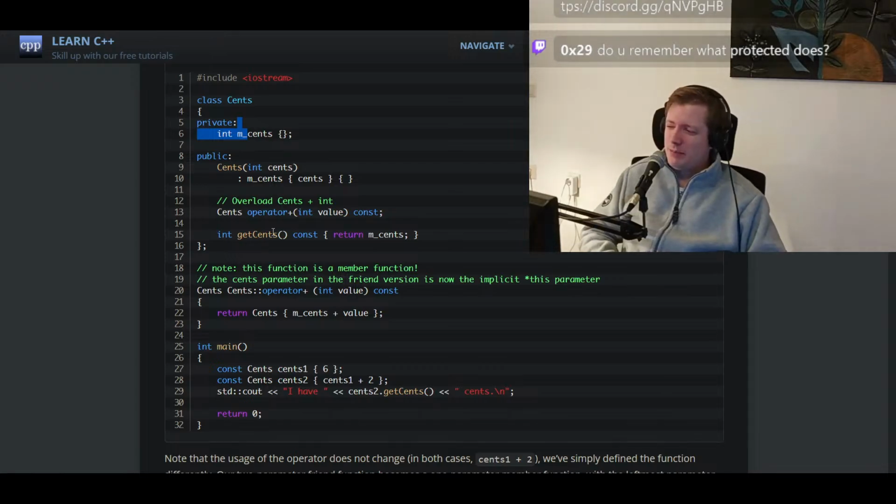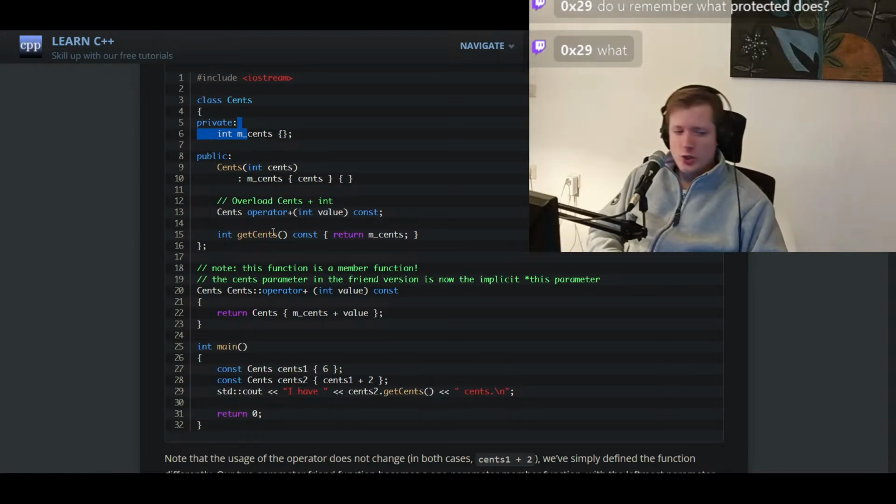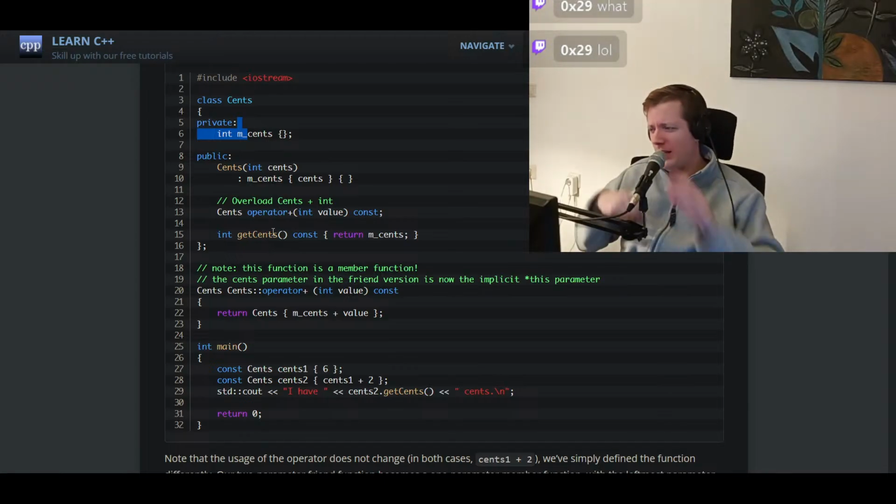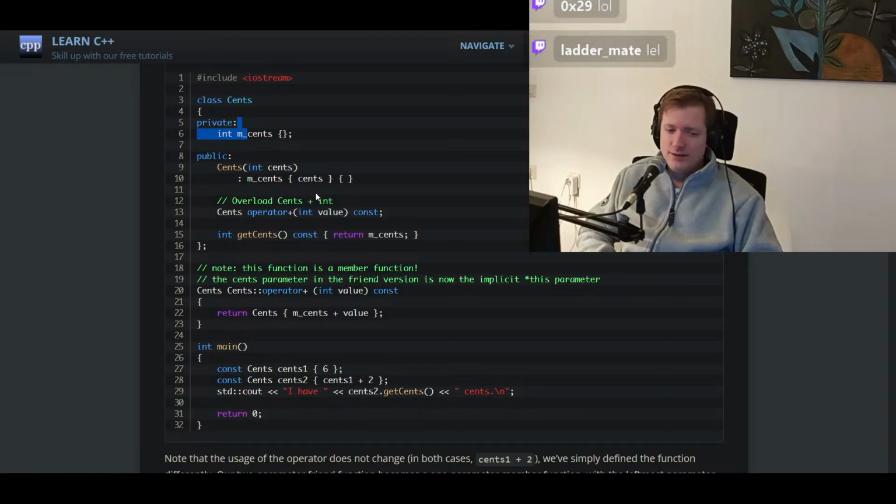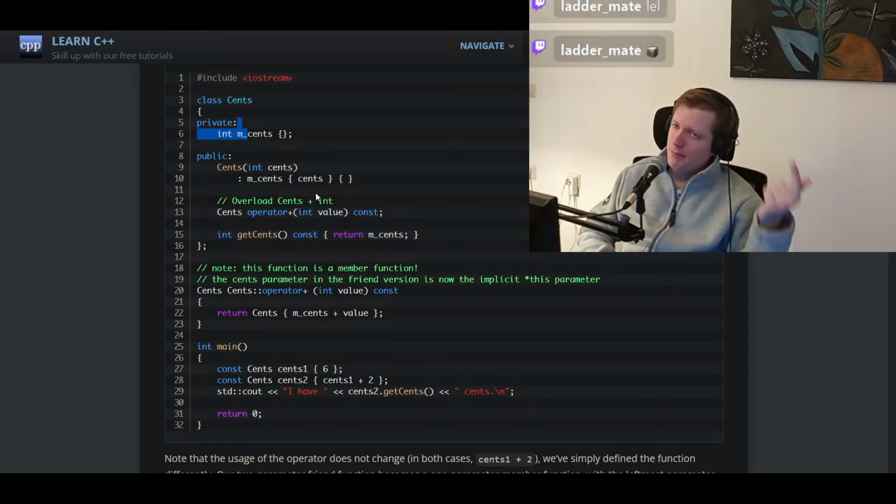Like I can read it, but I can't change it. That's like 4 months ago or something, right? No, what was protected? I'm mixing something up here. So we have private, public,